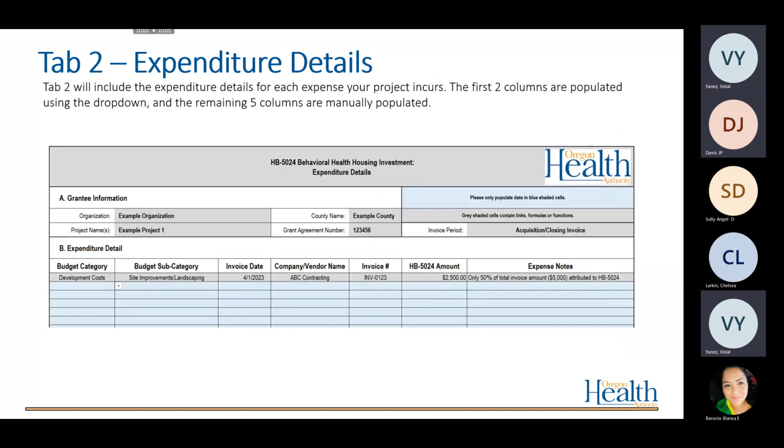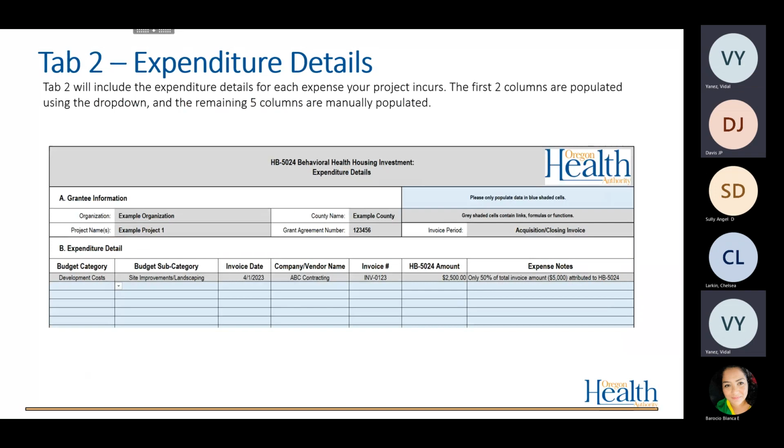Moving on to tab 2, expenditure details. So here we ask that you provide the individual expense for all of the expenses that you're claiming. So for example, if your organization is claiming $2,500 for site improvements / landscaping, we would ask that you provide the line item that adds up to those $2,500. And we provided an example here with the invoice date, company / vendor name, invoice number, the 5024 amount, and